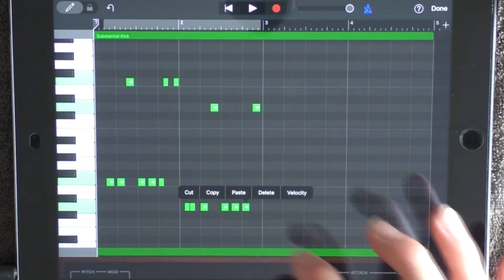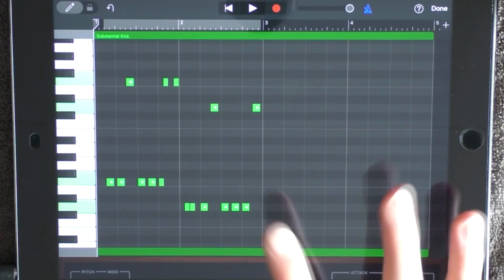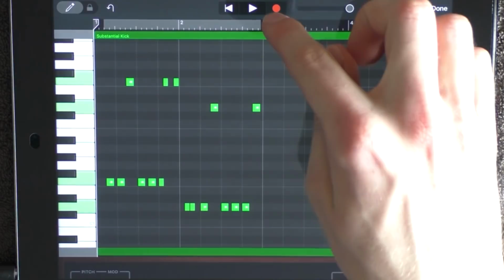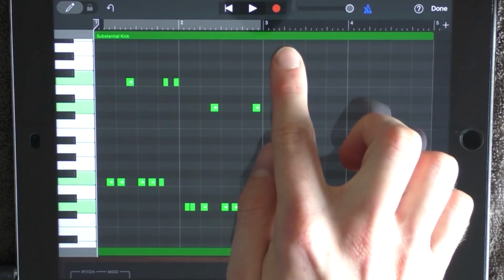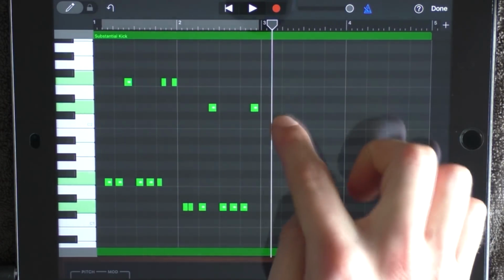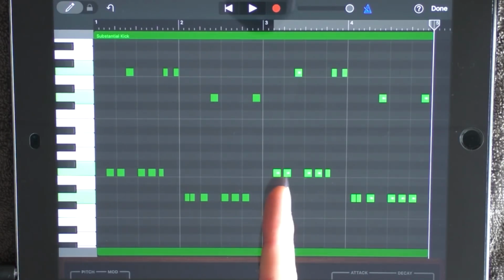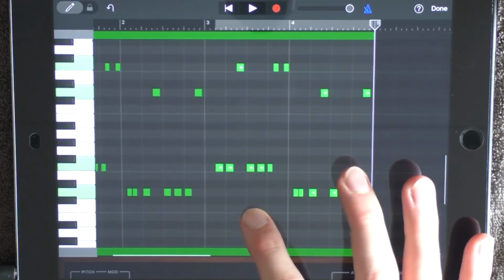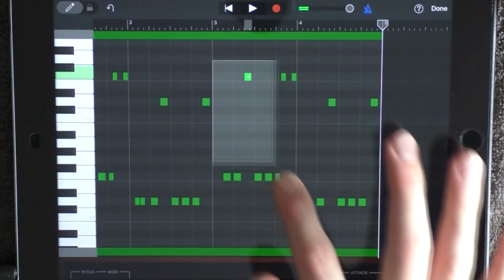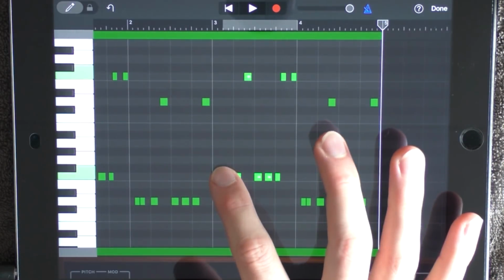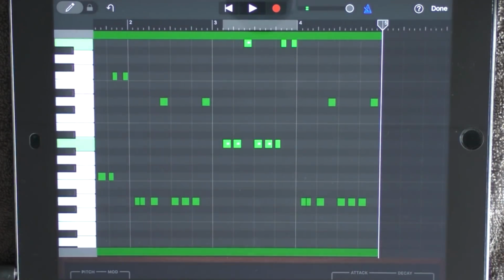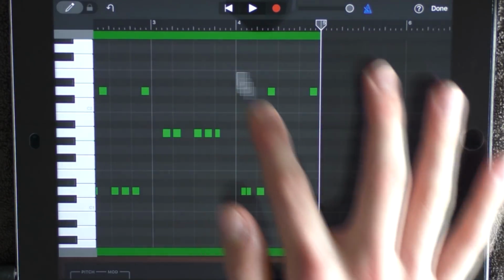Select them all, click on the green ones and copy. And depending on how much you have zoomed out, you want to click between 3 and the first bigger line and paste them. Just make sure they start at the same place. And now mark these ones at 3 and drag them up. And mark these ones at 4